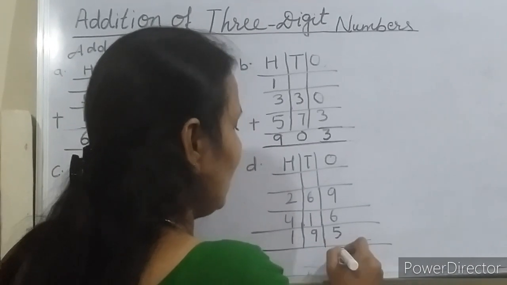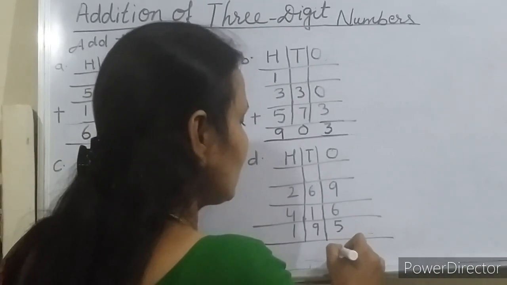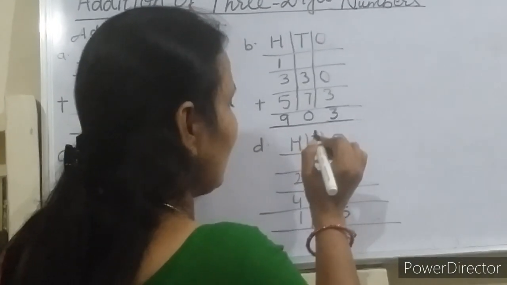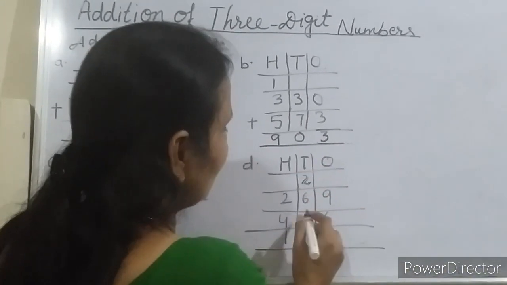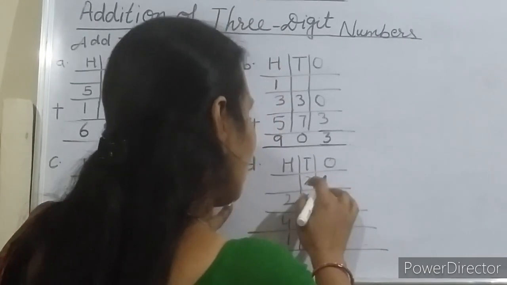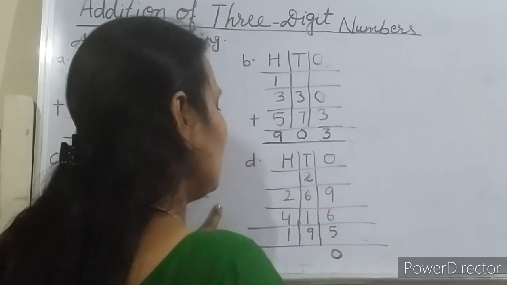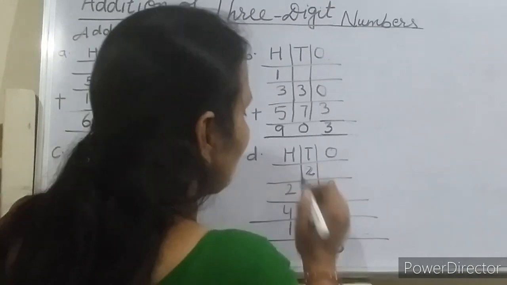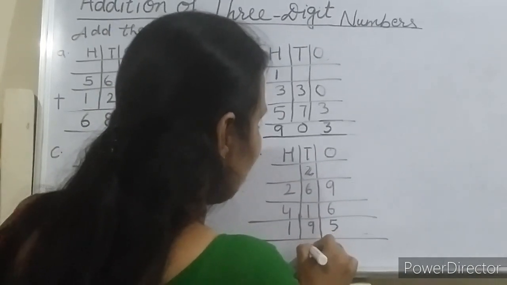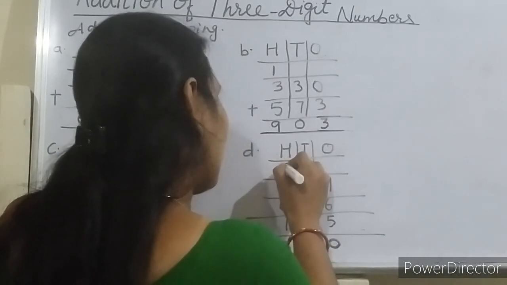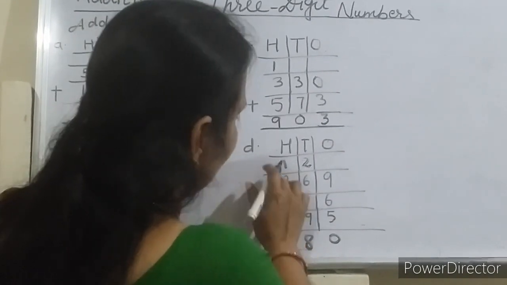So what will we write here? Under the ones place, 0, and carry 2 at the tens place. So add 6 plus 1 plus 9 and the carried 2. So 6 plus 1, 7. 7 plus 9, 7, 8, 9, 10, 11, 12, 13, 14, 15, 16. Plus 2, 18. So 8 we will write under the tens place and 1 carry over here at the 100 place.